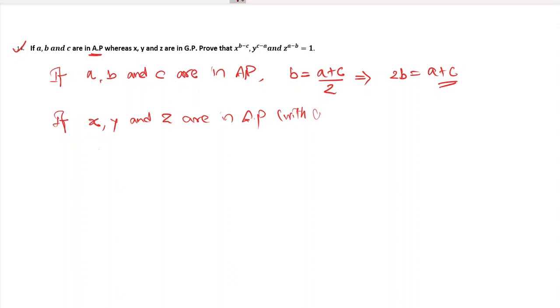So we can take them with common ratio capital R, then you can write it as